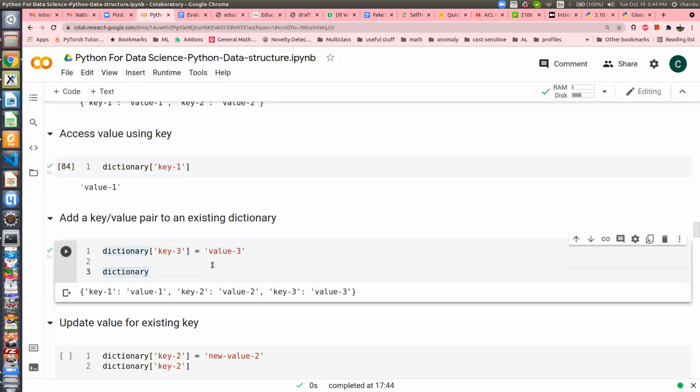What will happen if I say key 2? Can you tell me what will happen here if I insert value 3 at key 2? The value of key 2 is replaced by value 3. So it's basically replacing or updating the dictionary value at key 2. Now at key 2, I am getting value 3.